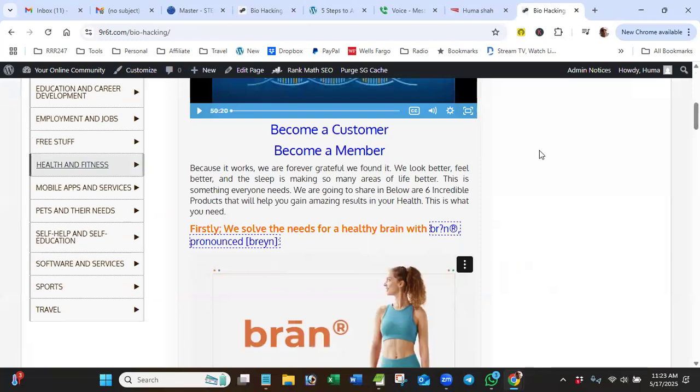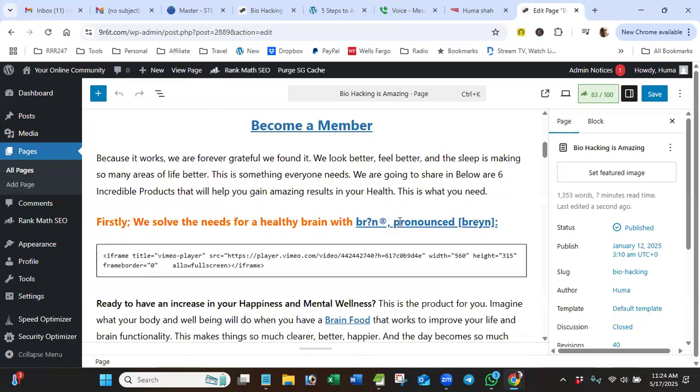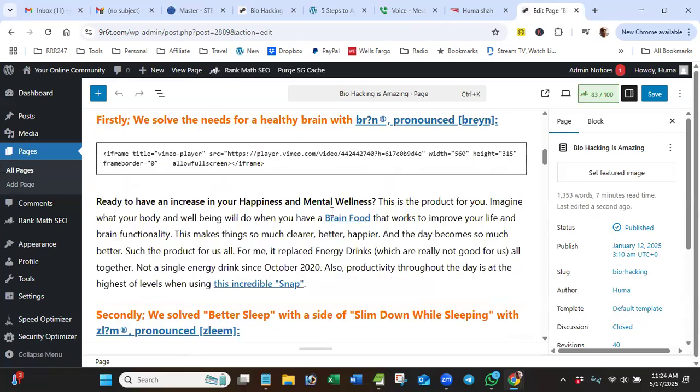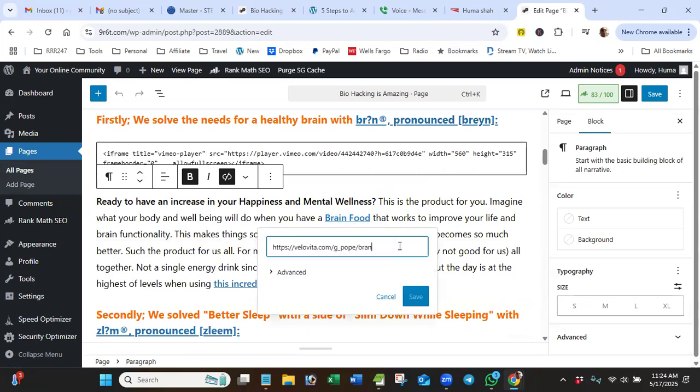Now go back to the edit page, and I can just start doing all of these links very simply here. So we already did that one. They're underlined. You see how they're in blue and the link is underlined like that. So when you click it, it shows you what the link is. And then you edit by clicking the pencil,